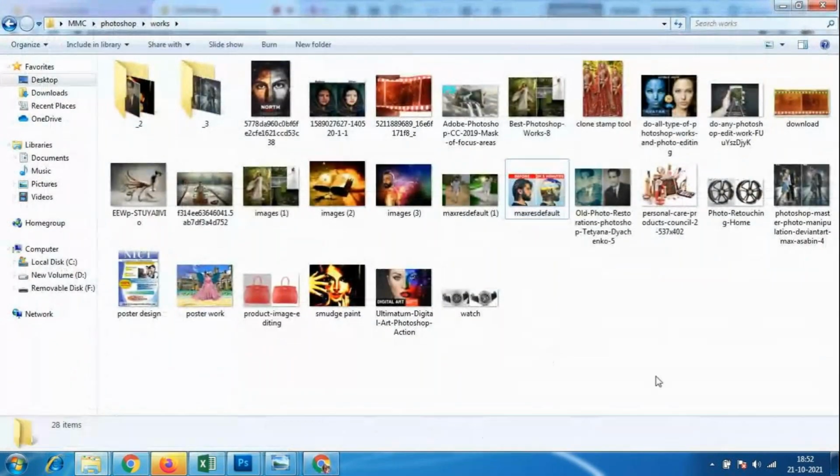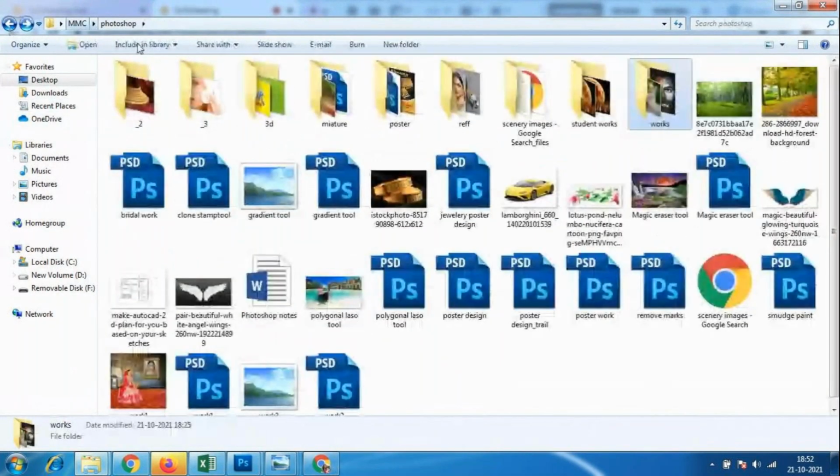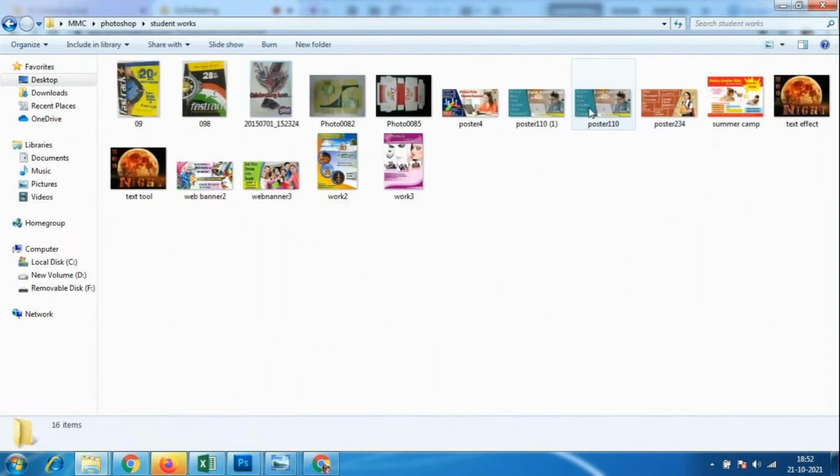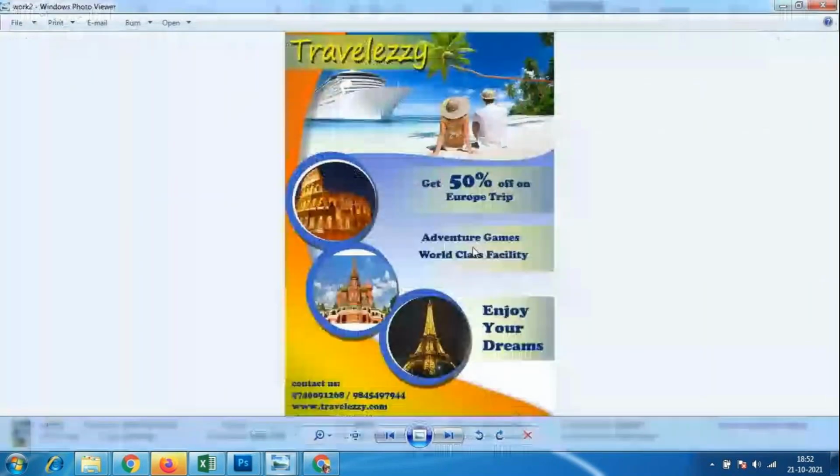Using the pen tool, we have to create poster designs and pamphlet designs. These are the things that the students have created. These are the designs using this pen tool.